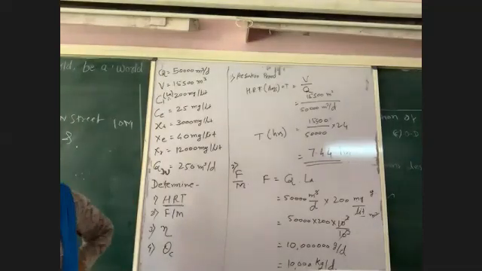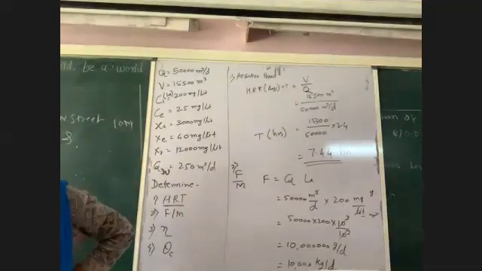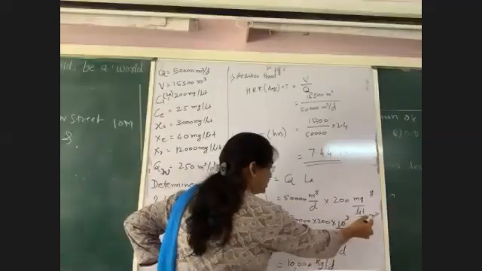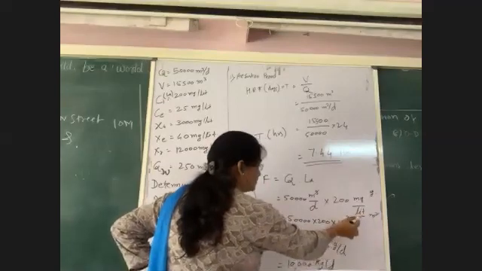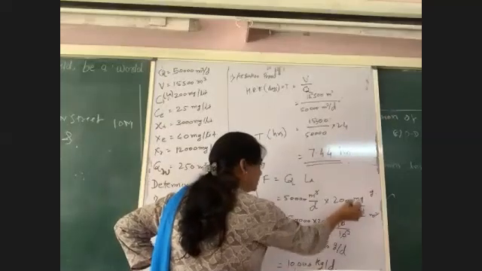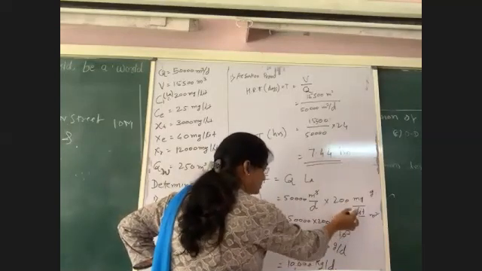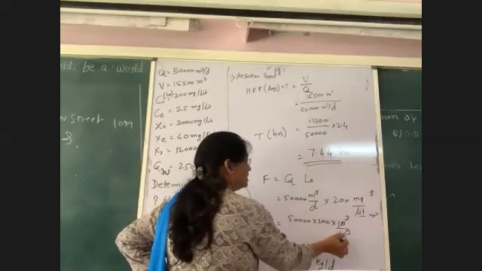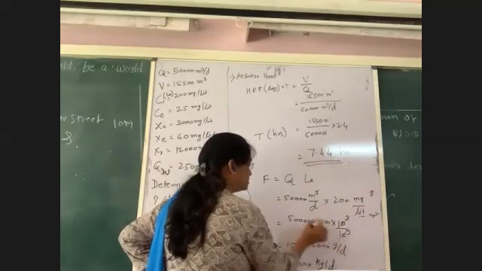Okay, now copy. Those who have not calculated along with me are requested to copy it. So we'll go for the next point. Do you understand how I did this? We have converted that liter into meter cube, so that's why divided by 10,000. So here I have written into 10 raised to 3. Then conversion of milligram into gram, again there will be a division by 1,000. So again I have written here 10 raised to 3, and 10 raised to 3 gets cancelled.